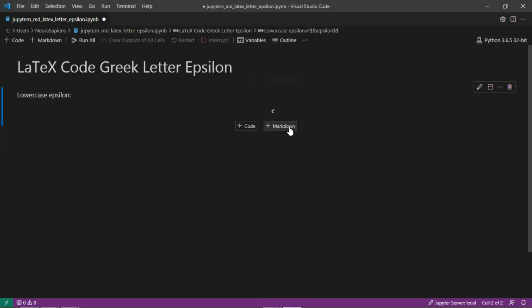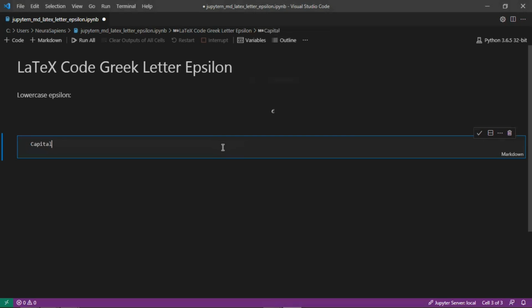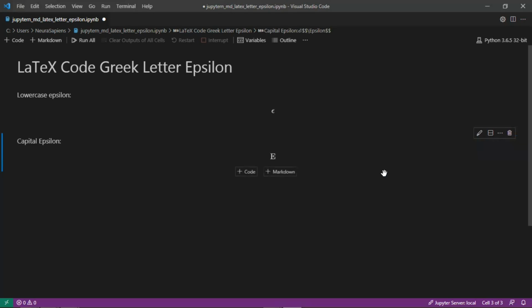And we can also look at adding in a capital epsilon, and the LaTeX code here is backslash followed by capital E and then lowercase epsilon. And we'll add $ symbols before, as well as $ symbols after the LaTeX code. So now when we run the cell, we have a capital epsilon here, centered in the middle of the Jupyter